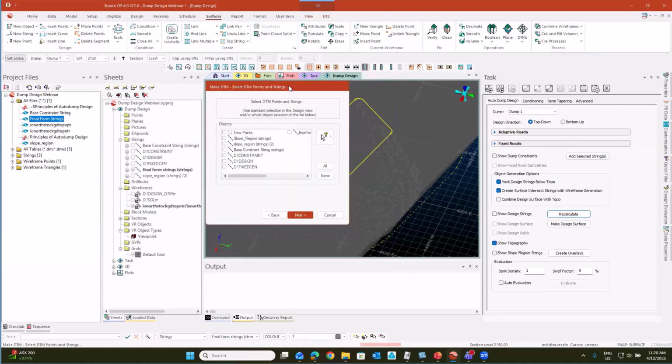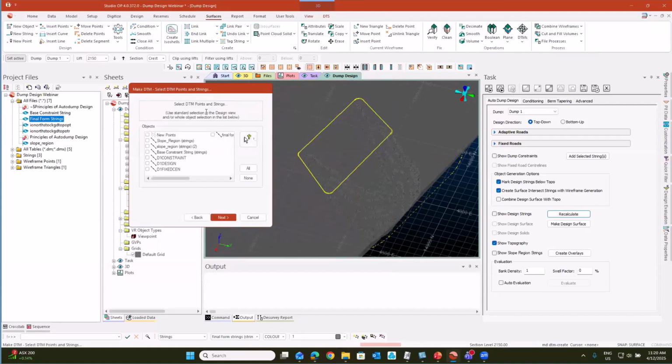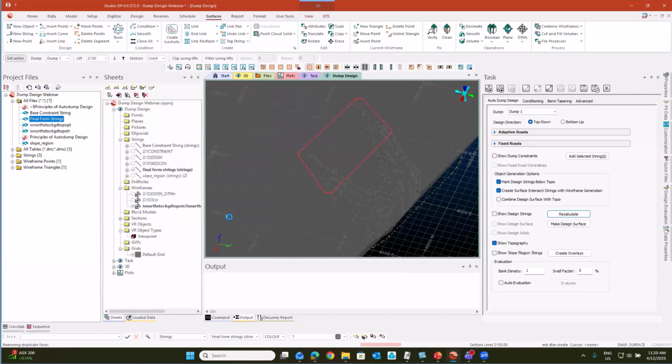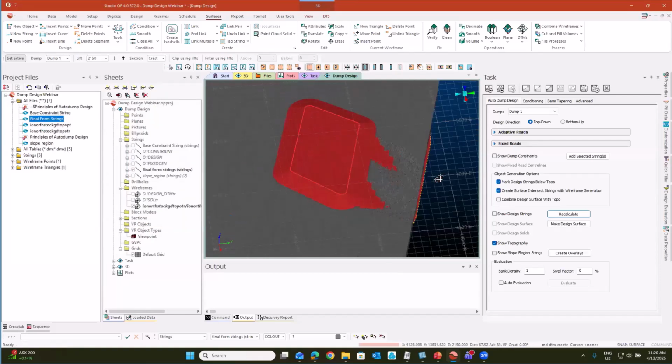So I'm actually using the 3D window to select which strings I actually want to wireframe up. So I'll just go next, and I want this one to be my boundary string. I want everything within this particular boundary string. And it's given me a cute little wireframe